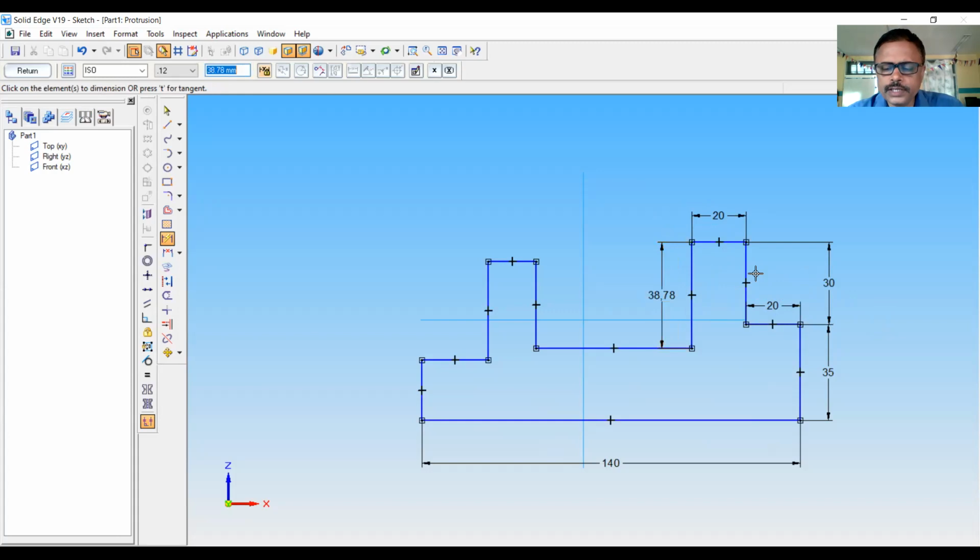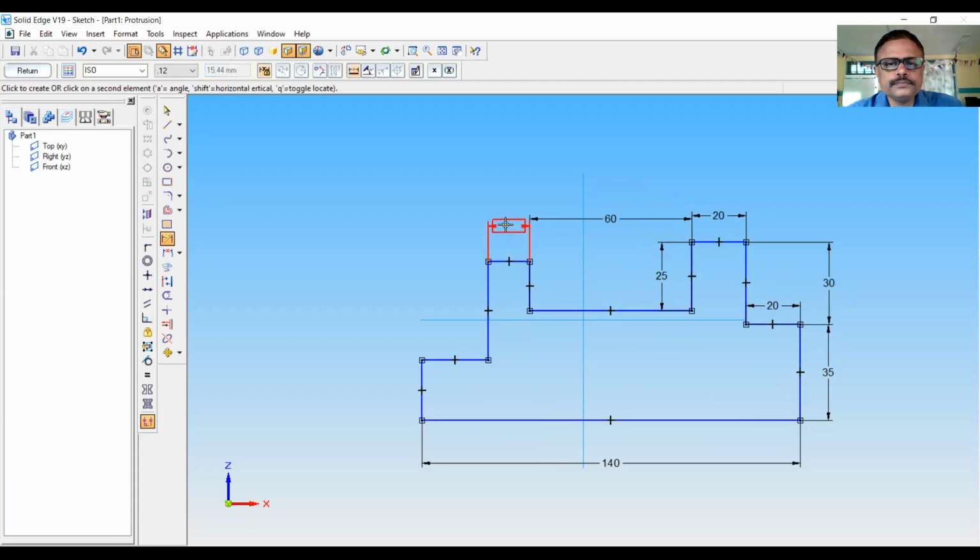This dimension is 25. This dimension is 60. This dimension is 20. And this dimension is 30. See, it is all easy if you do the dimensioning later. This I think we have not done. This is 25.